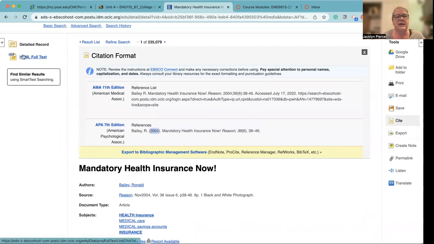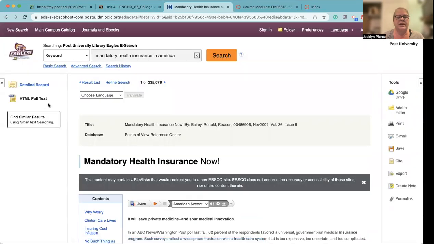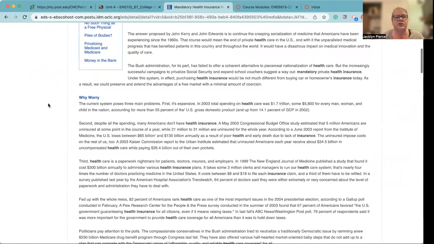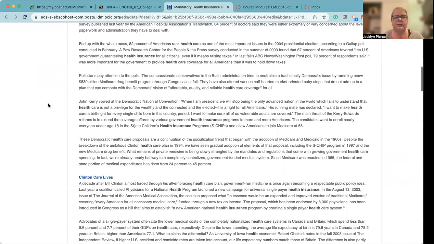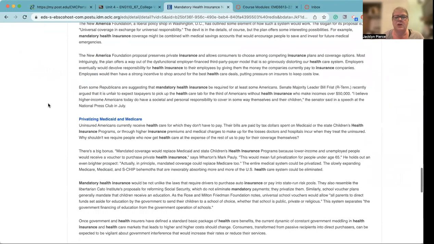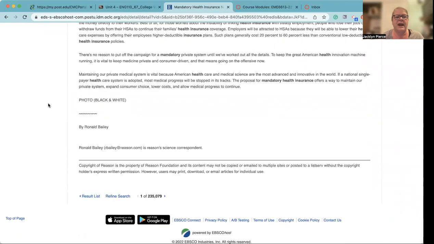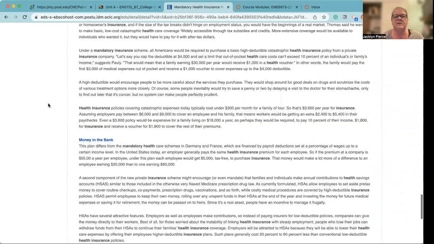If this was a PDF, you'd have Bailey, comma, 2004, comma, page 39, wherever it is. In order to then read the article and choose something to paraphrase from it, you would click on that. And here is your whole article. It's pretty long. It's a substantial article. So even though it's not in an academic journal, this is a really good